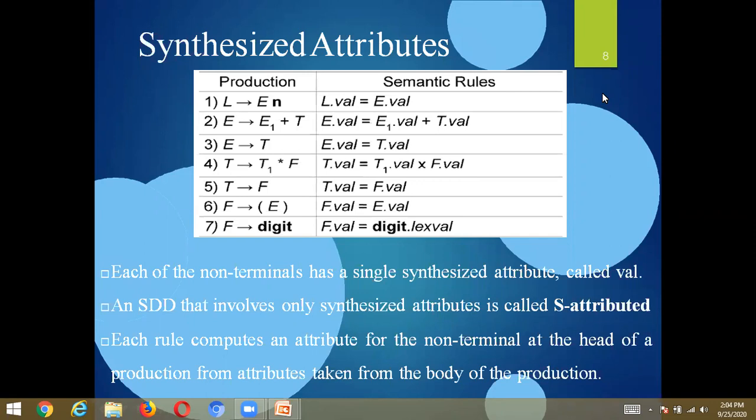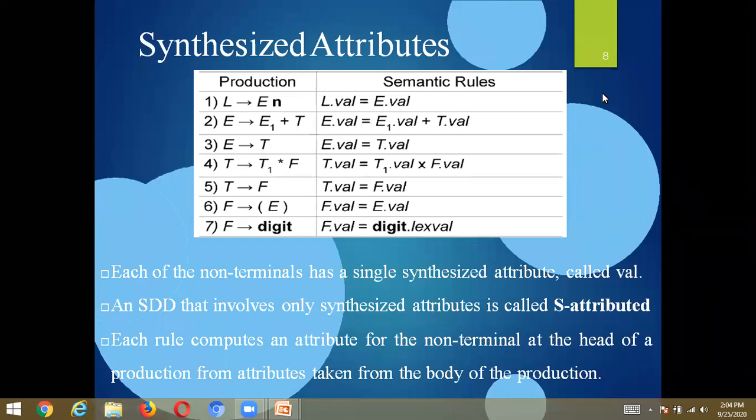What it means is, in a parse tree, our main aim here is to represent a parse tree. It may be an annotated parse tree, or it may be just a parse tree, whatever it may be. In a parse tree, at each node the semantic rule is evaluated for annotating the S attributed definition, or decorating, we can call it. That means after computing the evaluation process, we define the S attribute, and this process is in bottom up fashion.